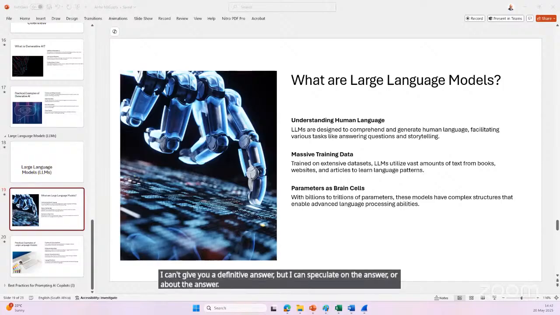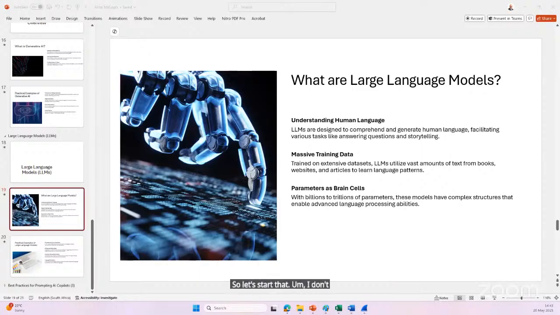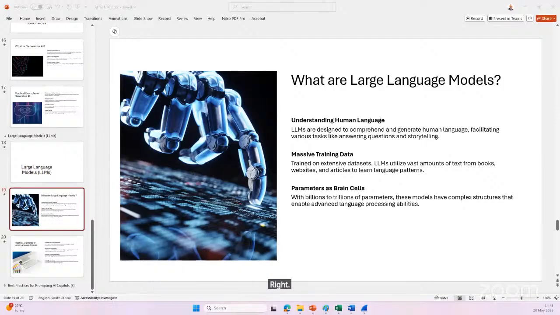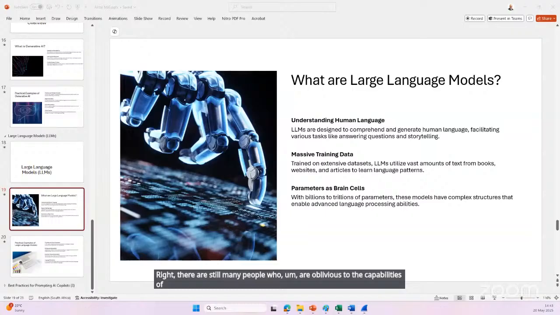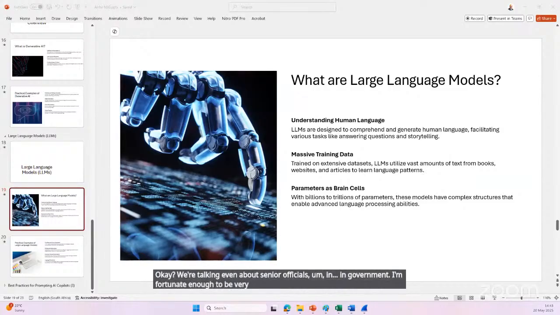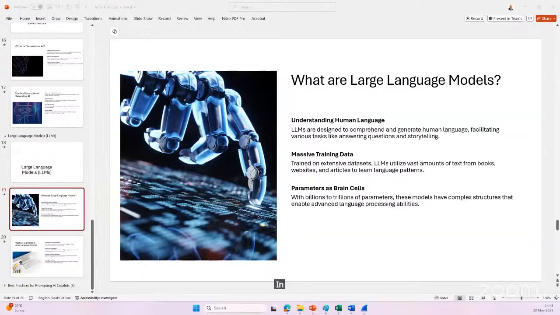So let's start with that. I don't think that most people understand the impact that AI is having on our day-to-day lives. There are still many people who are oblivious to the capabilities of AI, and these are not your typical factory worker, your typical blue collar worker. We're talking even about senior officials in government. I'm fortunate enough to be very involved in trying to create AI awareness. I spoke to